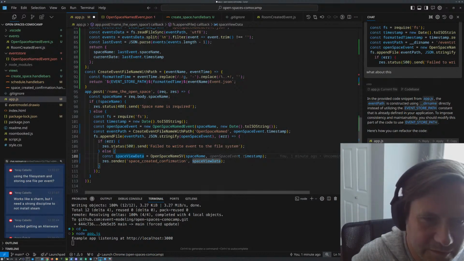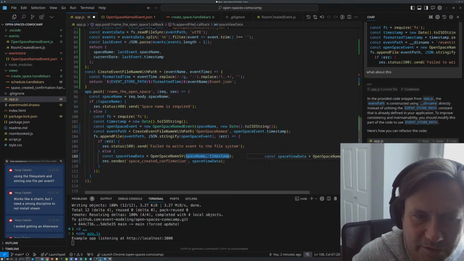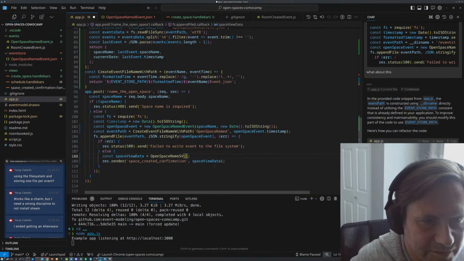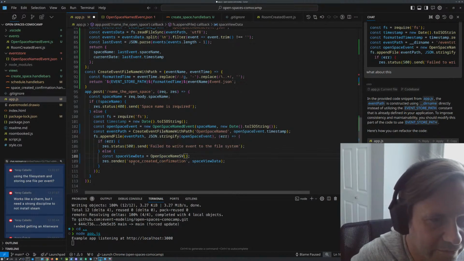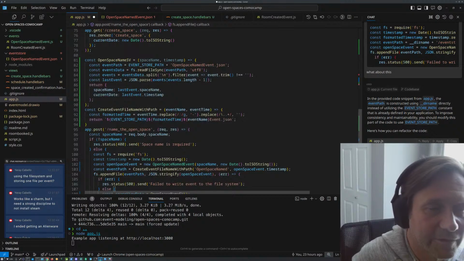Open space name is not going to take anything, because that's actually just going to get whatever we have. Perfect. So that's going to be good, but we still have this event path stuff.